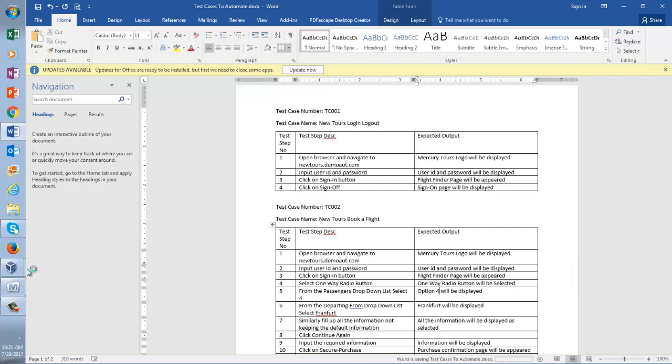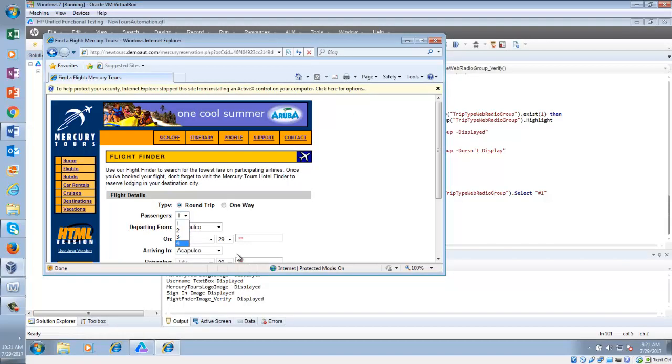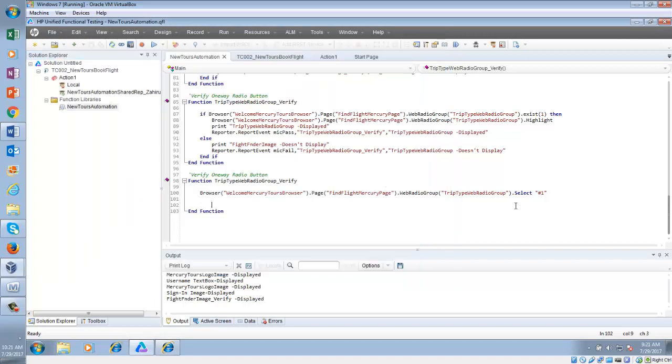Now if you come here, let's say Naved is working and he is going to add this passengers drop down. Now I was working in my repository, I am going to remove that.